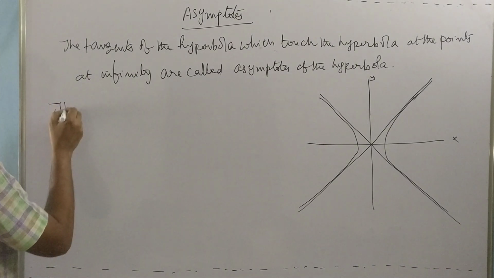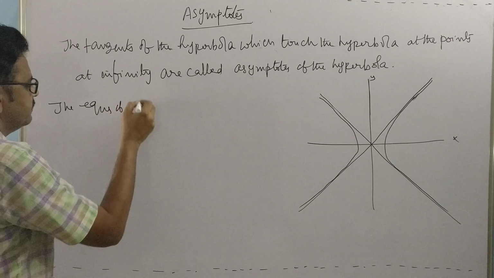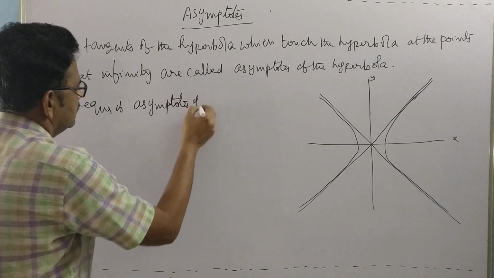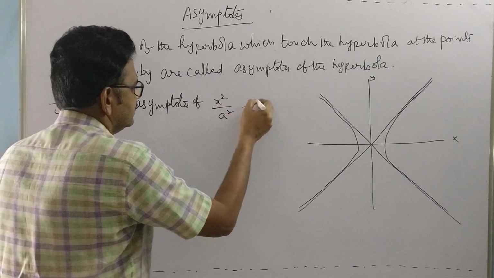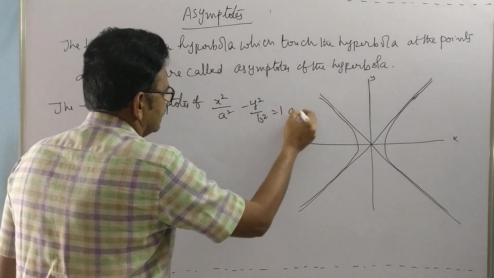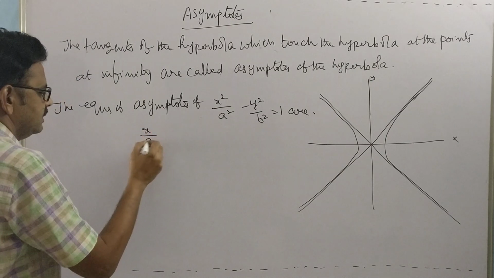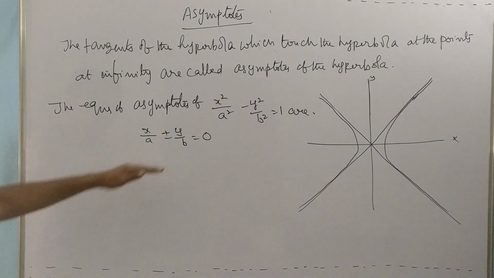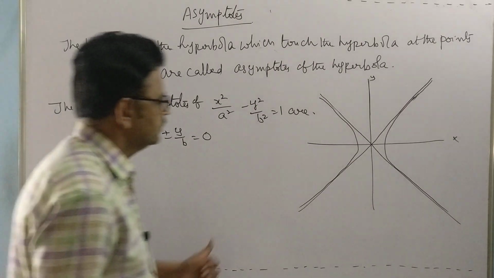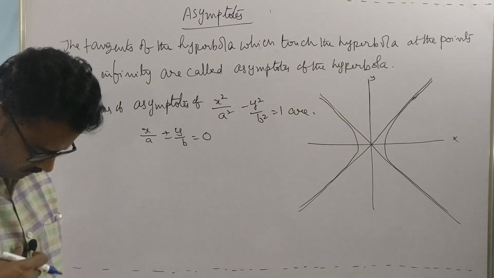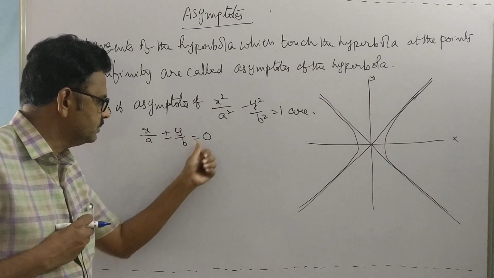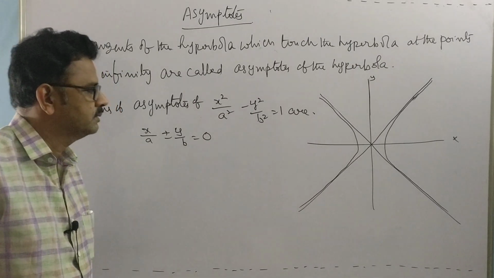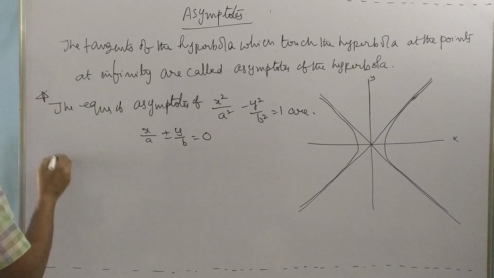Now, the equations of asymptotes of x square by a square minus y square by b square equal to 1 are x by a plus or minus y by b equal to 0. So that means x by a plus y by b equal to 0 and x by a minus y by b equal to 0. So two lines. Now for the proof: